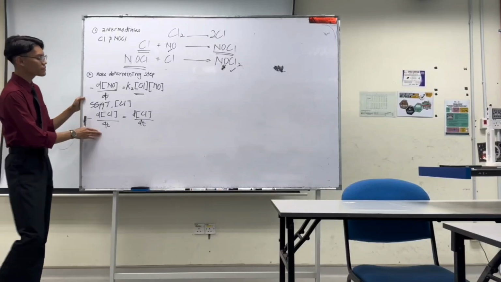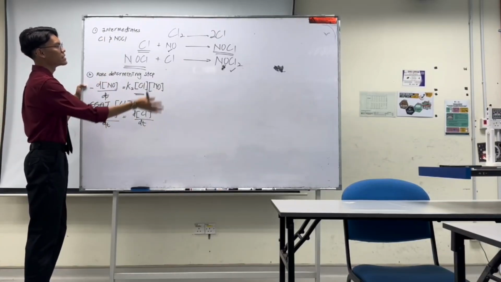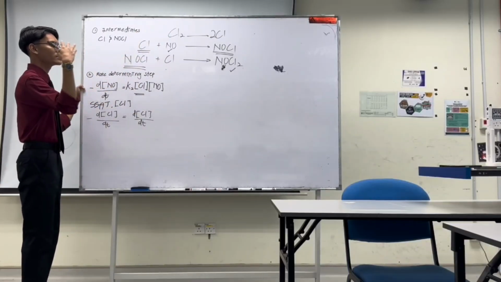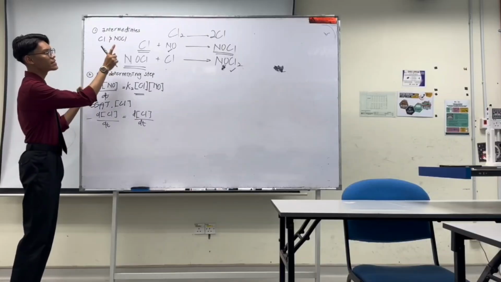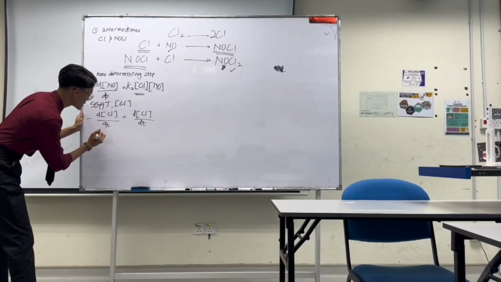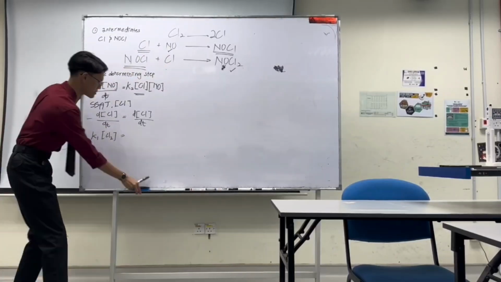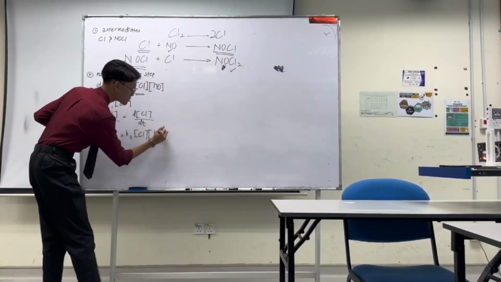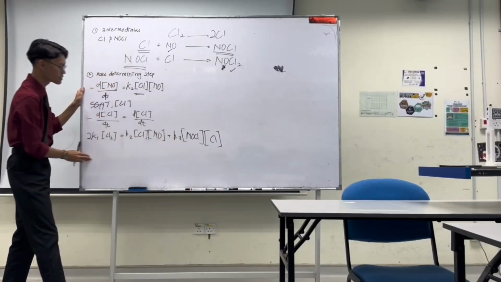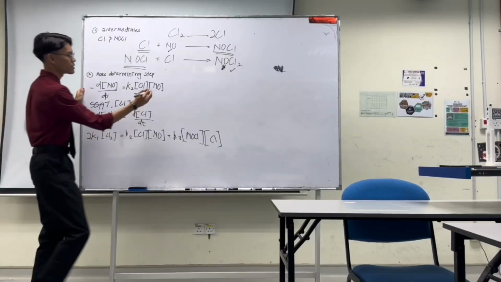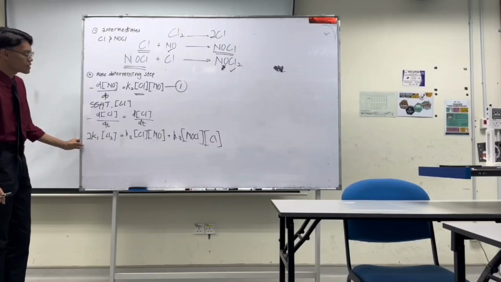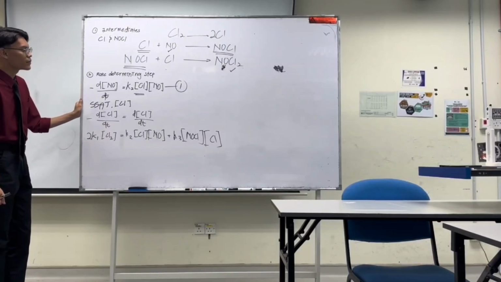Okay, so we need to find where the CL is in equation 1, equation 2 and equation 3. All of them get the CL as a product or reactant. Okay, so how? We got this equation for the first one. No, this is the first equation. Okay, so from this one, we need to